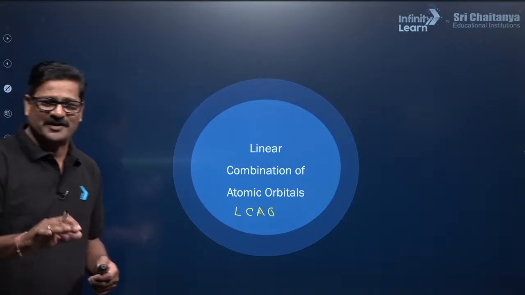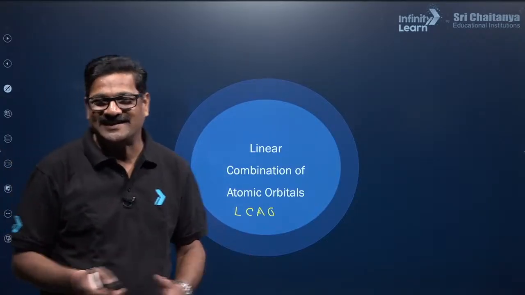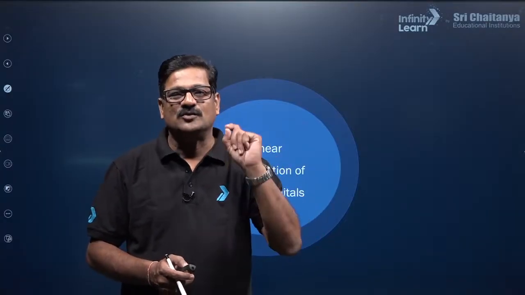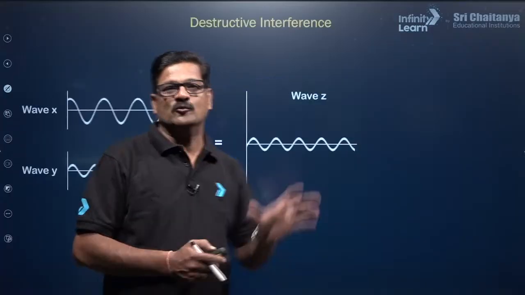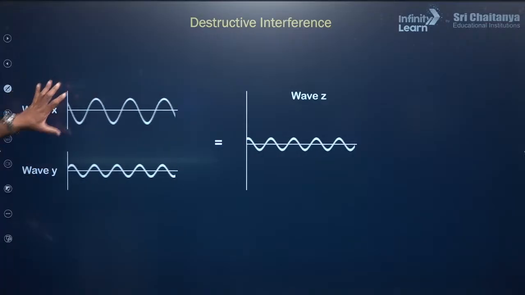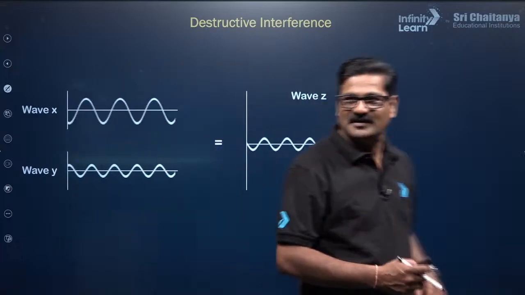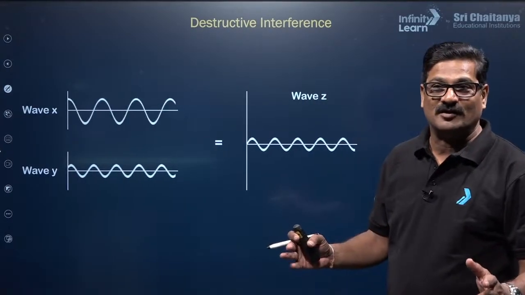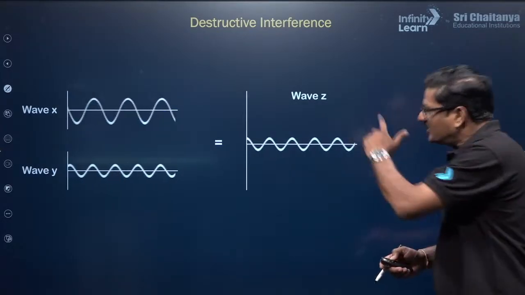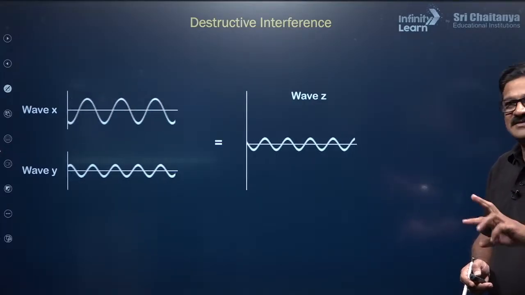You need not worry about explaining the entire thing. The NEET examination is not essay writing, rather it is multiple choice questions where you are going to see the important noteworthy points. There you are going to observe what is MOT, and you can see wave X and wave Y of an atom here or another atom here. These two waves are combined, no? You are going to get another wave, as in the wave mechanical or quantum mechanical model of the atom. These two waves can be combined in two ways, a bonding interference and an anti-bonding interference.